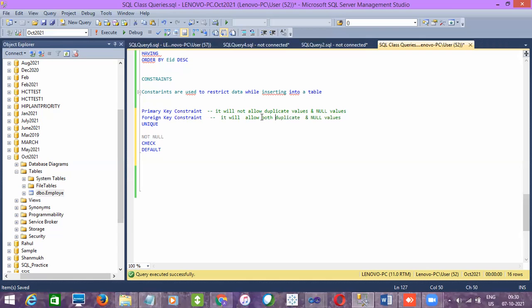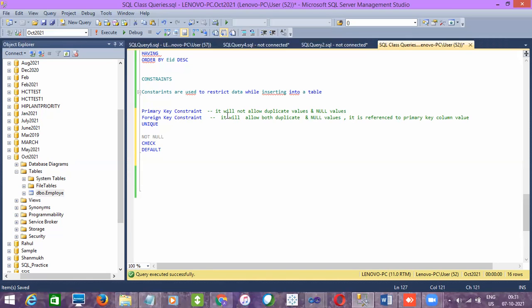And it is referenced to primary key column value. I'll tell you this point with example, right?